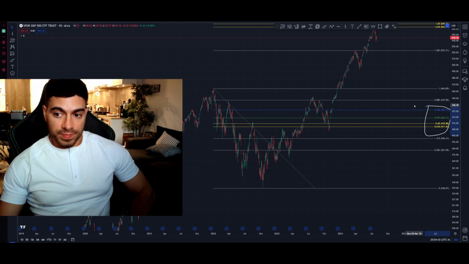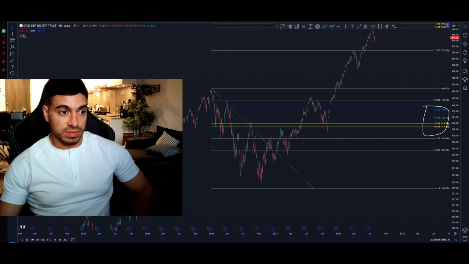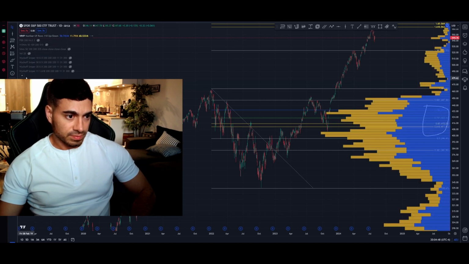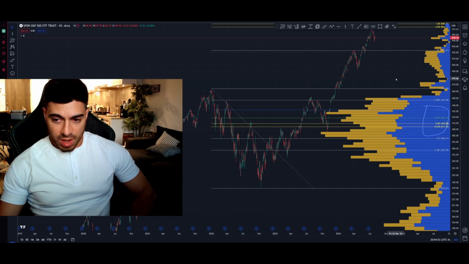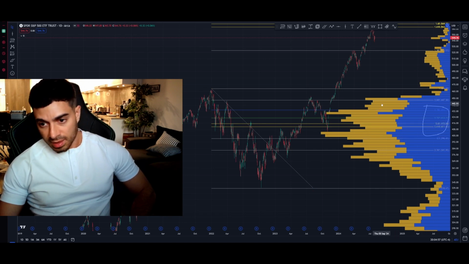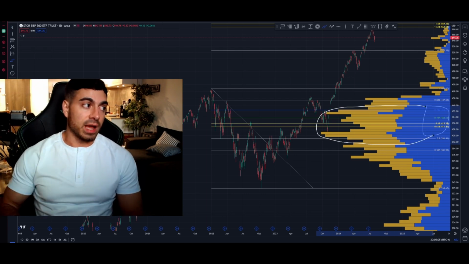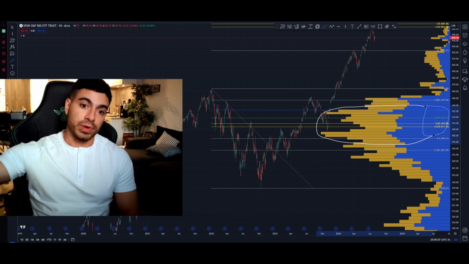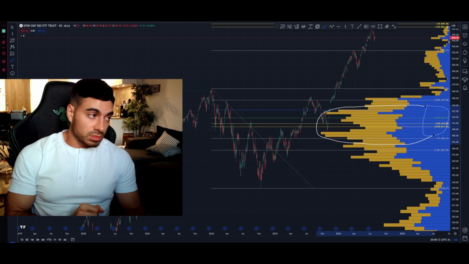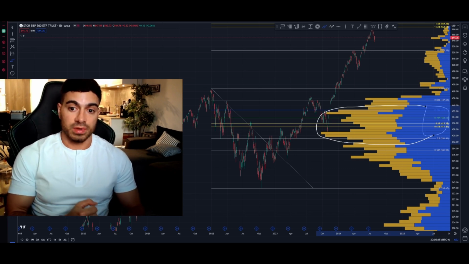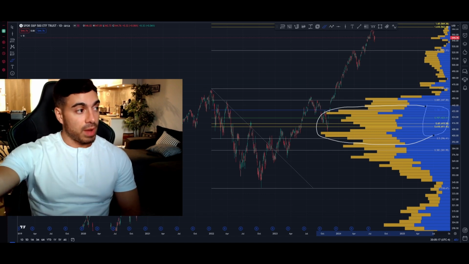Look at where the brunt, and I'm going to pull up the VRVP shells really quick. Move this in front. Look at where the brunt of this volume is. So you have your circled pocket, and this is your major volume confluence. It's not coincidence. It's design. Okay? The supercomputer is designing this structure based off volume, institutional buying volume in shares, okay? And that's what you're seeing, buying and selling volume.